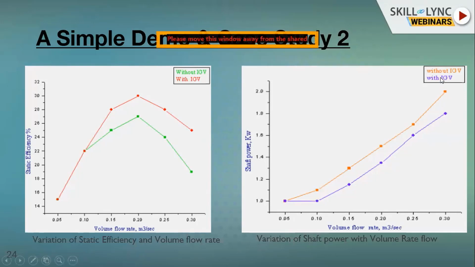The same is the case here. If you are using inner guide vanes, you can see the shaft power consumption depends on shaft power. So if the shaft power is decreasing, then automatically your power consumption decreases, and the life of that centrifugal fan will be good. So that is the reason it is less here, indicating that these volume flow rates at different points prove to be correct in the case of the numerical approach.